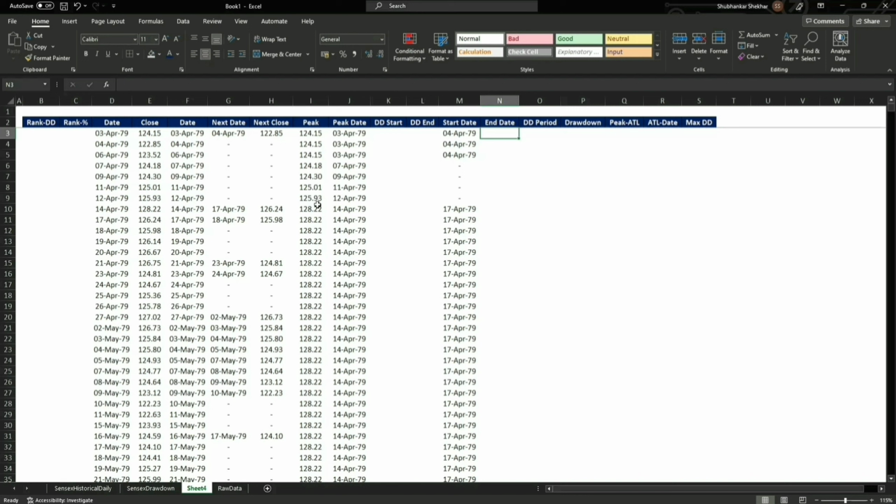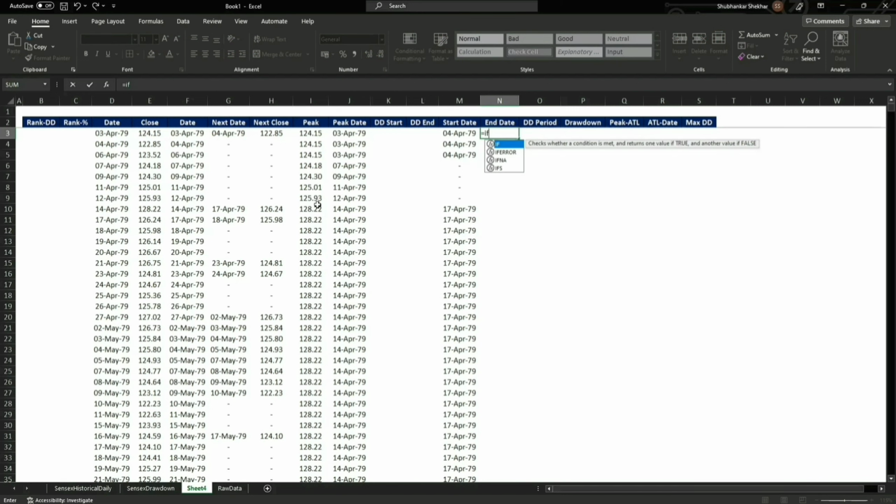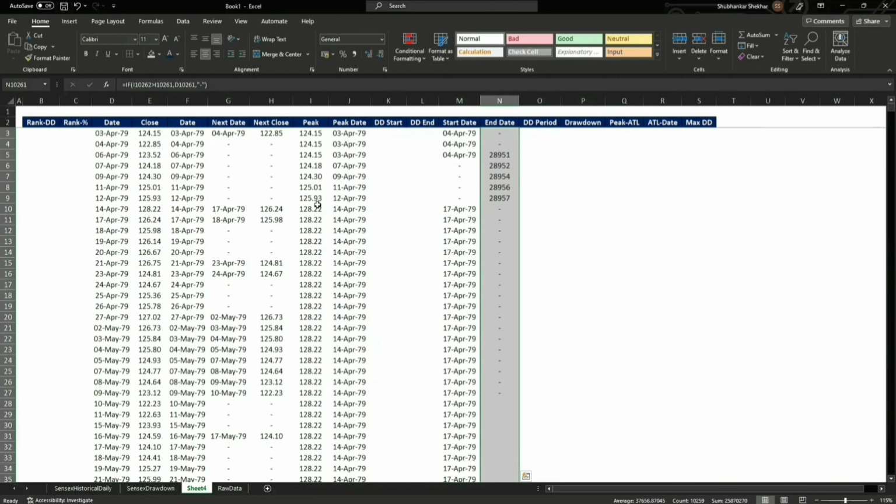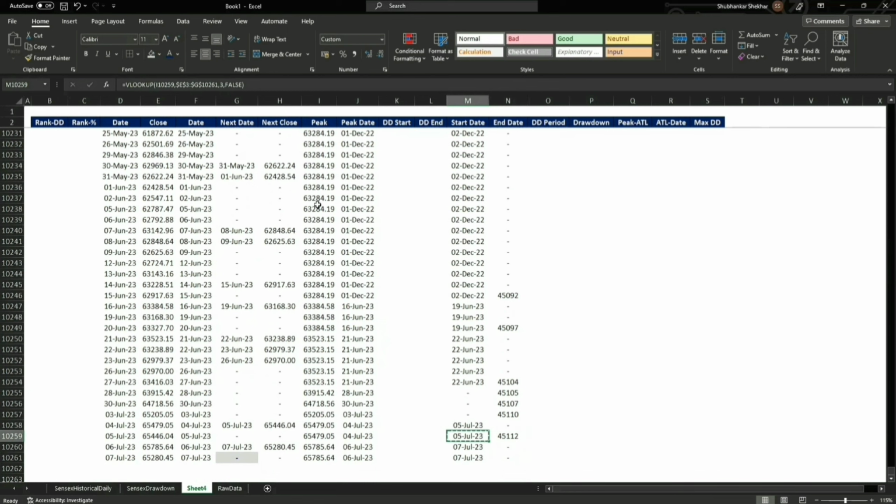So when should a drawdown end? When the previous peak is broken, right? So if the next peak is greater than the previous one, then we are going to take the date, otherwise just leave it as it is, right? Formatting,